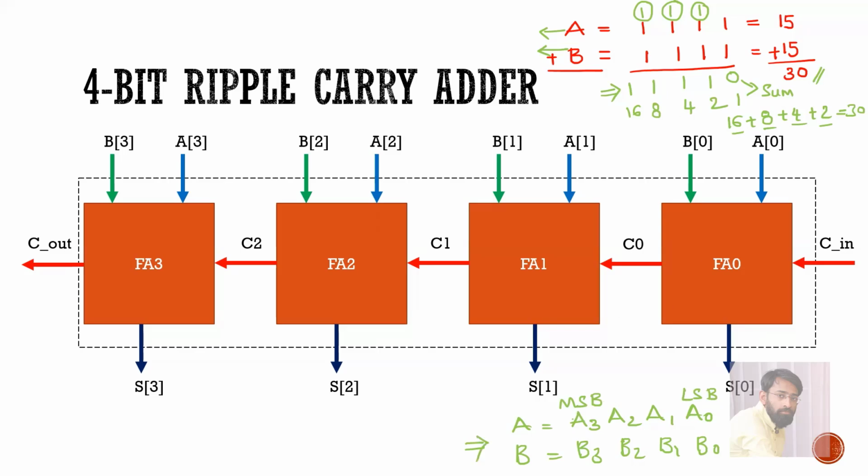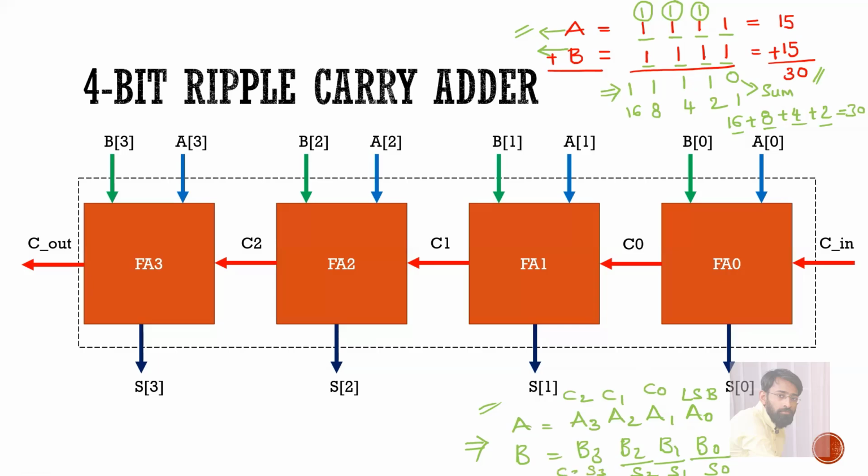So the same example which I have taken here. If you compare this one with this particular example, this is A3, A2, A1, A0. This is B3, B2, B1, B0. So what I'm doing, if I add A0 and B0, I'll get the answer as S0. Similarly, at the same time, while adding this, I may get the carry. I'm calling that carry C0. Similarly, if I try to add C0, A1 and B1, I'll get the answer as sum1 followed by carry. Here the carry that I might get is C1. Now again, if I try to add C1, A2 and B2, I'll get sum as S2, and I may get carry as C2. Similarly, if I add C2, A3 and B3, I'll get sum as S3.